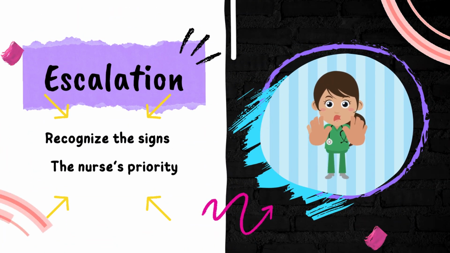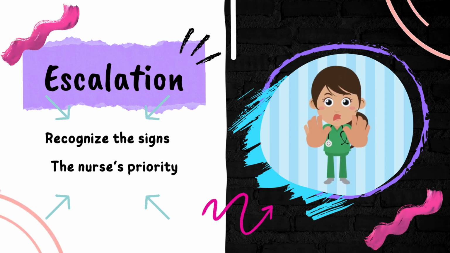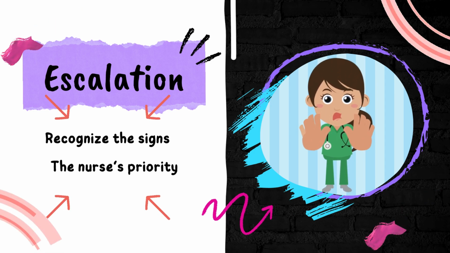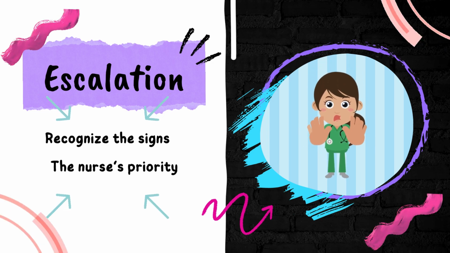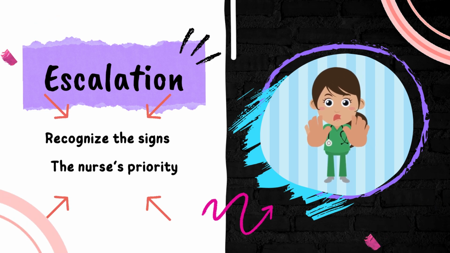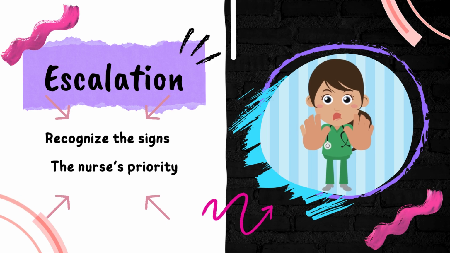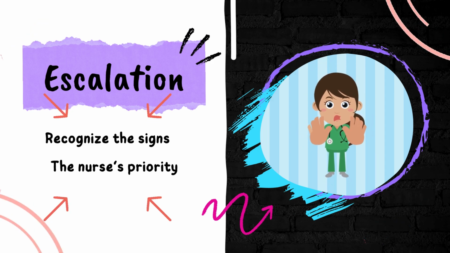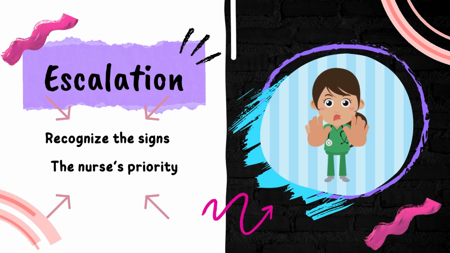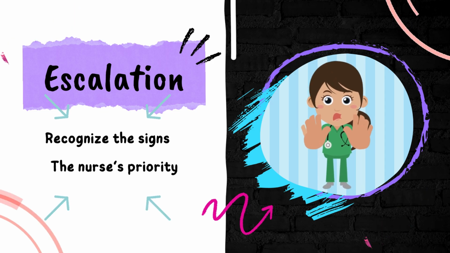Once a situation starts escalating, the priority becomes safety. So the nurse's top priority and the focus is no longer on therapeutic communication. So some signs and symptoms of escalation: voice pitch change, voice tone, voice volume, clenching fists, sweating, grinding teeth, gritting teeth, angry expression, those sorts of things. When you recognize an escalation, focus on priority. You're no longer focusing on the therapeutic communication part of your interaction.